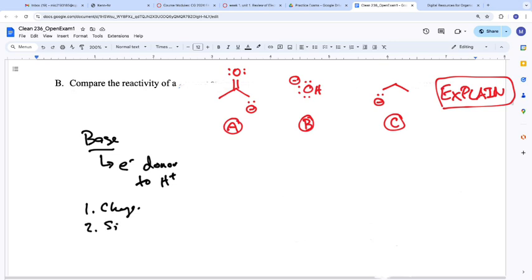So now what do we move to? Size. Do we have a size differential? Yes, technically, but now we've run into an interesting dilemma here. Is there a size differential? Are those molecules different sizes? Yes. Do we care? No. Because when we talk about size, what are we talking about? Atomic size. The atom that holds the charge. Why do I look at the atom that holds the charge and not the other atoms? It's the most reactive. That's the reactive site. So we're looking at carbon, oxygen, and carbon.